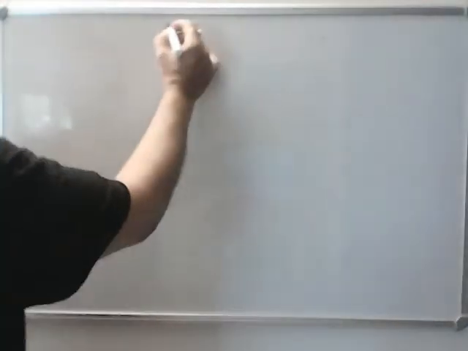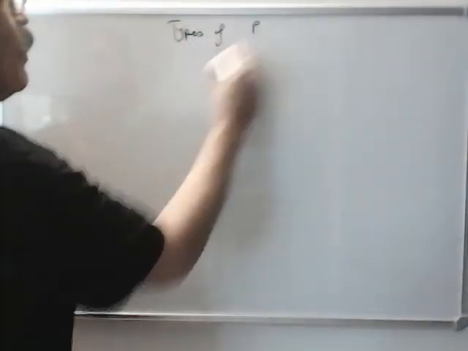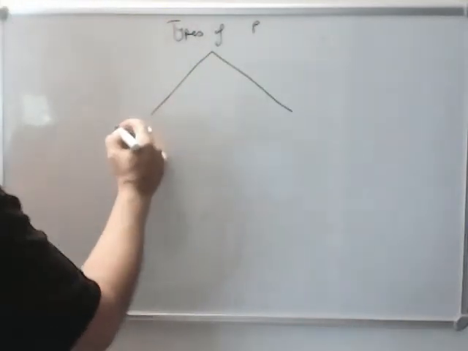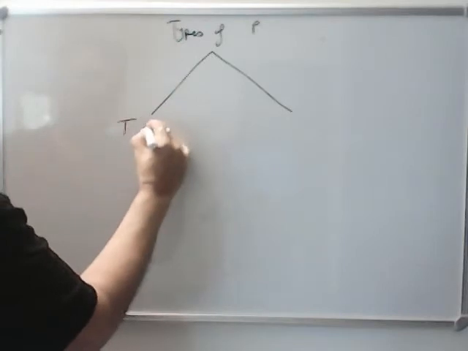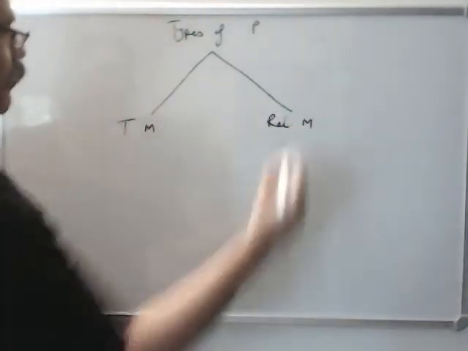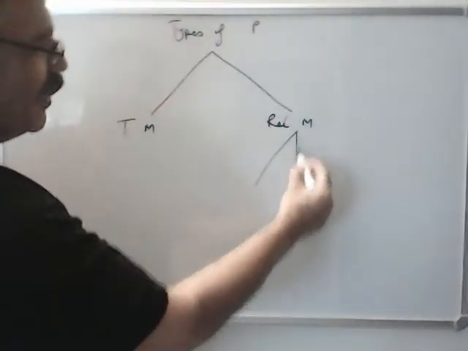Types of presentation of radar. There are two types: true motion and relative motion. Again, relative motion is three types. We will discuss one by one: